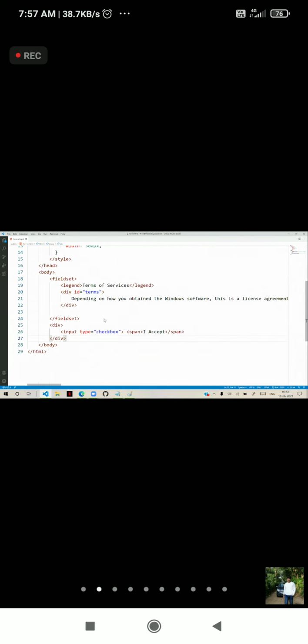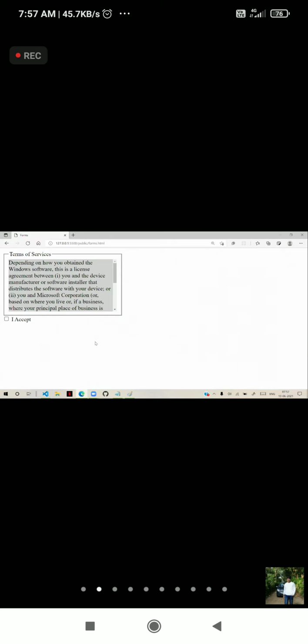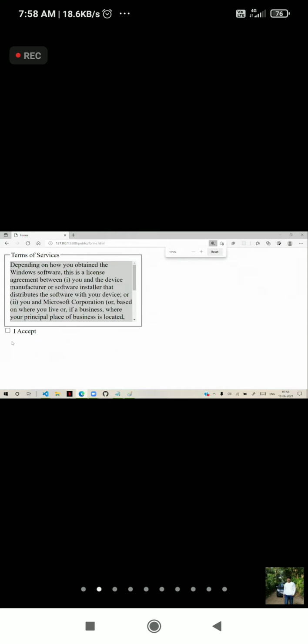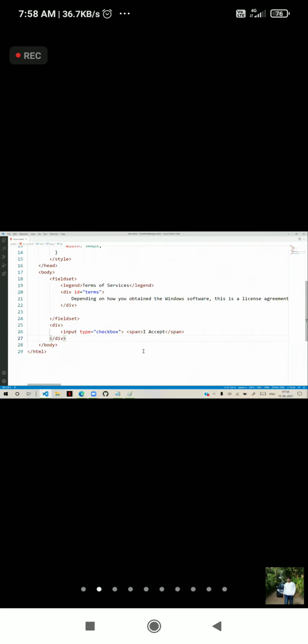That is, I accept. Now generally, when the user is selecting this checkbox, it has a checked property actually. Now here, this is the checkbox. For this checkbox, we will give an ID.